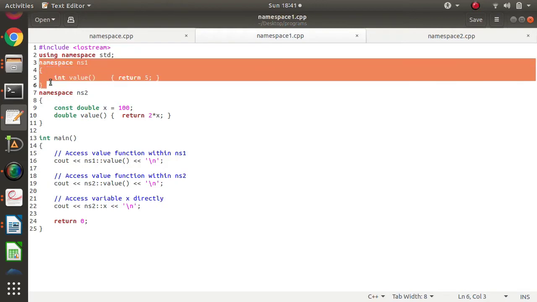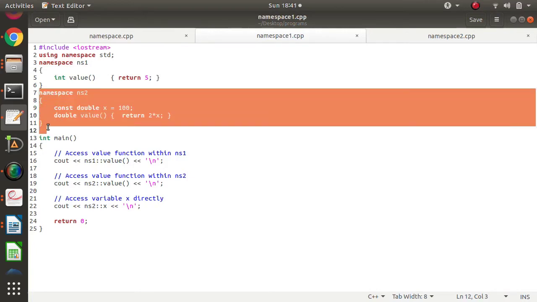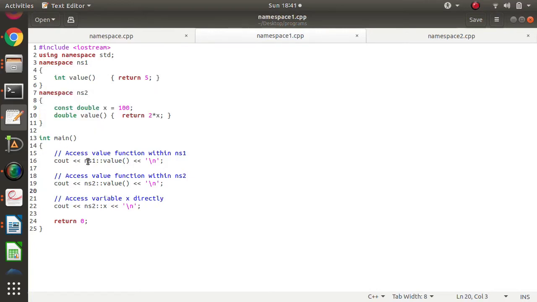I have defined this value function in one namespace and this value function in another namespace. And how is it accessed? By the name of the namespace. So this is ns1 and this value function, this is ns2 and this value function. Also, here we are using this variable x by using this namespace name ns2.